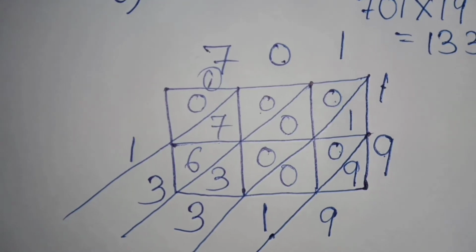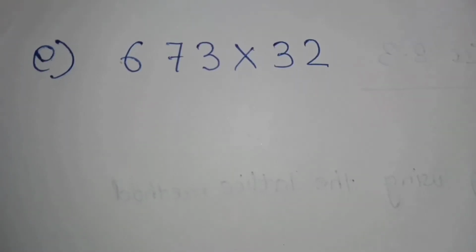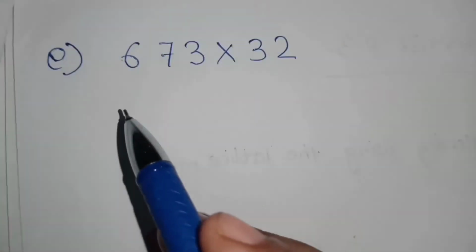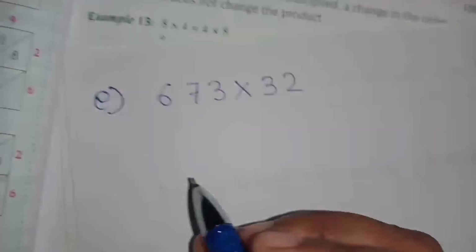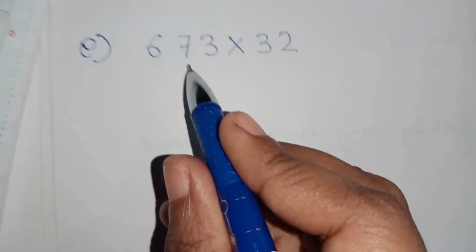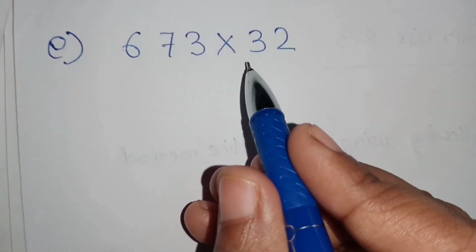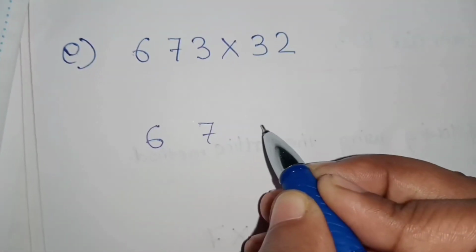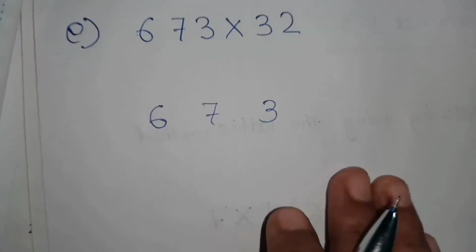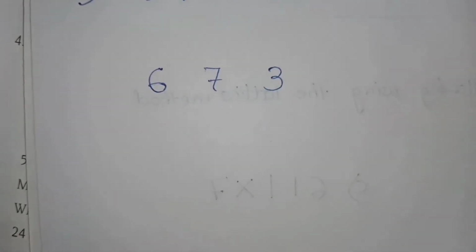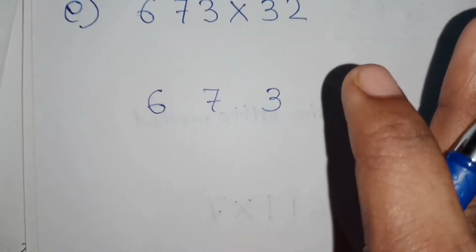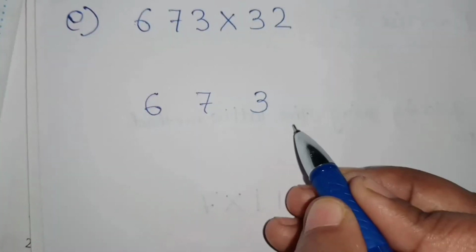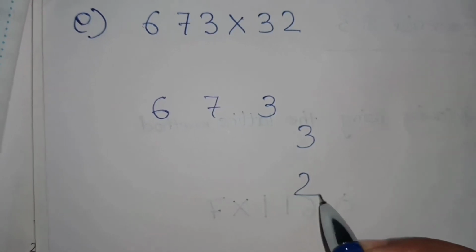Now let's do one more question. So now let's do the last question of this question number 2. I'm doing this last question. So see carefully. First, this is the multiplicand, this is the multiplier. So how you will write this multiplicand? 6, 7, 3, separately you will write. I'm repeating it once again in this question, so see carefully those who have not understood. Now this is the multiplier, right here 3, and down you will write 2.